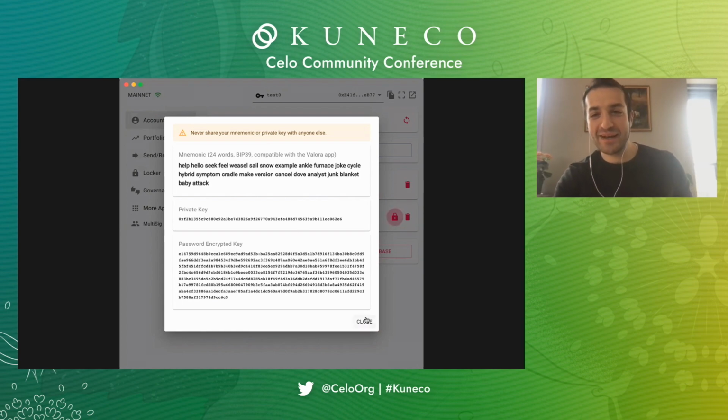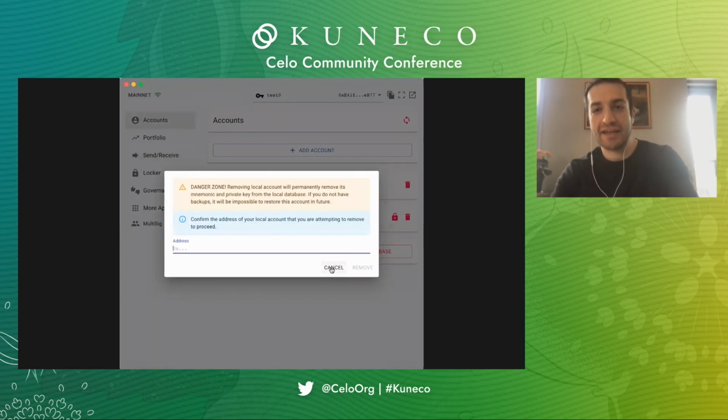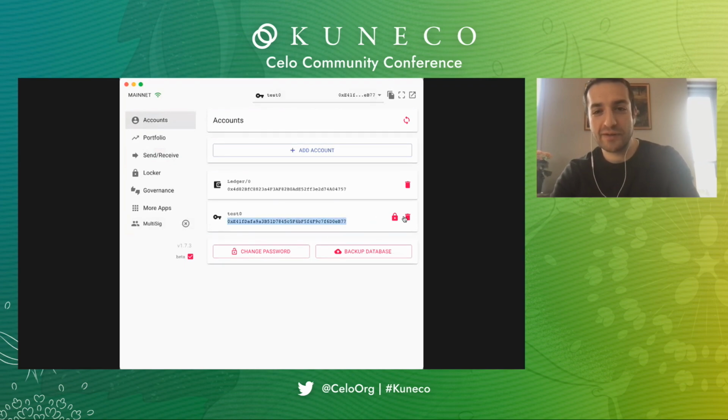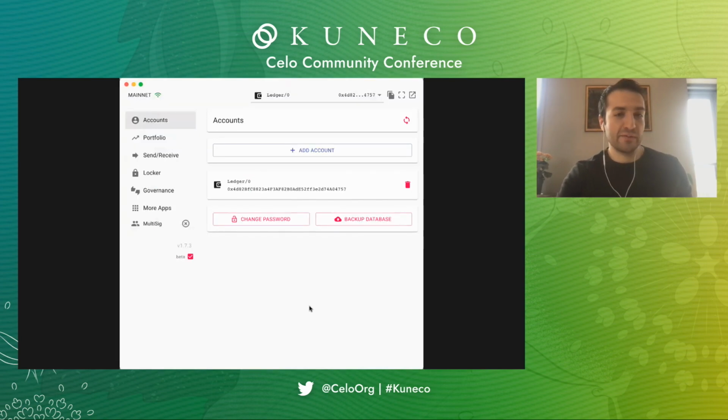If you want to drain the 0.00001 Celo that's in there, please go ahead. Gas is cheap on Celo, so you can certainly do it. And I'm going to delete this as an extra protection. When you're deleting these types of accounts, once you delete this, it's gone. If you did not make a backup, it's gone forever. So you want to be careful about this.